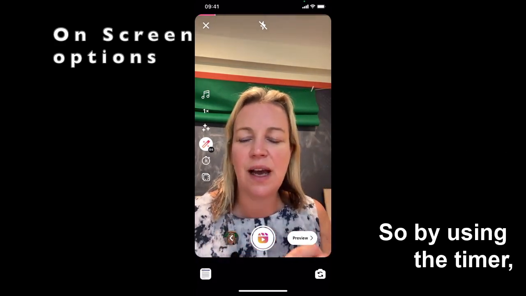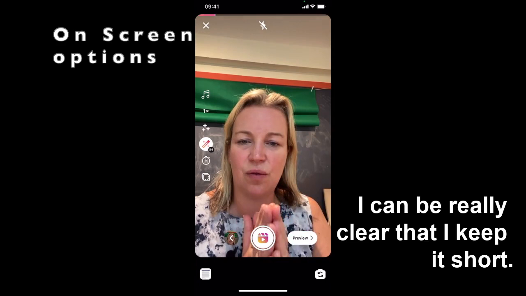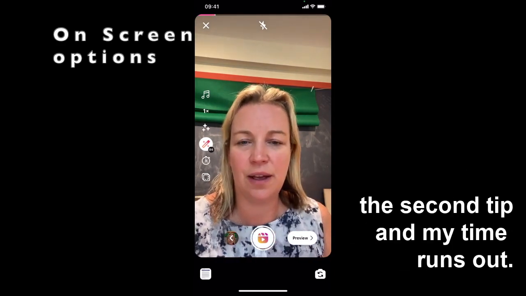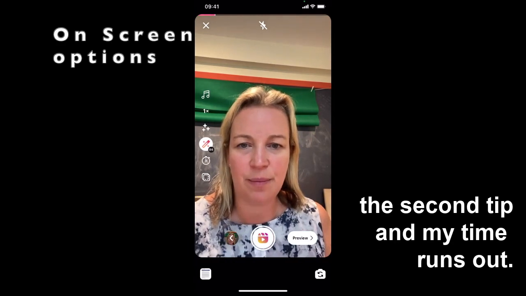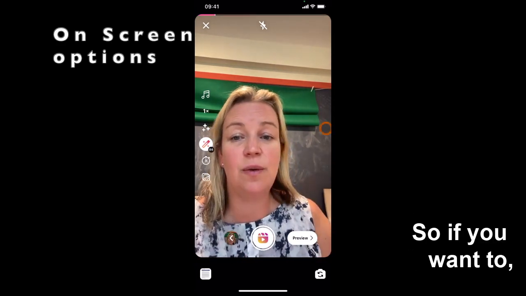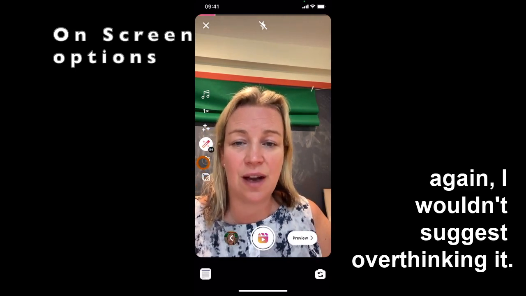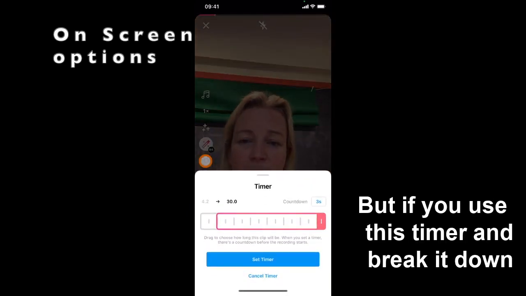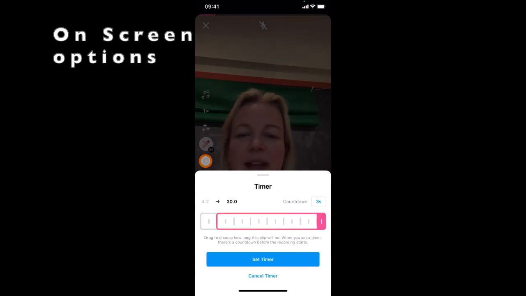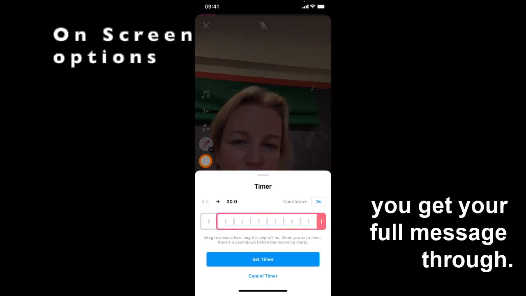So by using the timer, I can be really clear that I keep it short, so I don't find myself halfway through talking about the second tip and my time runs out. Those 30 seconds do go incredibly fast. So I wouldn't suggest overthinking it, but if you use this timer and break it down into your suitable segments, it's going to keep you on track to make sure you get your full